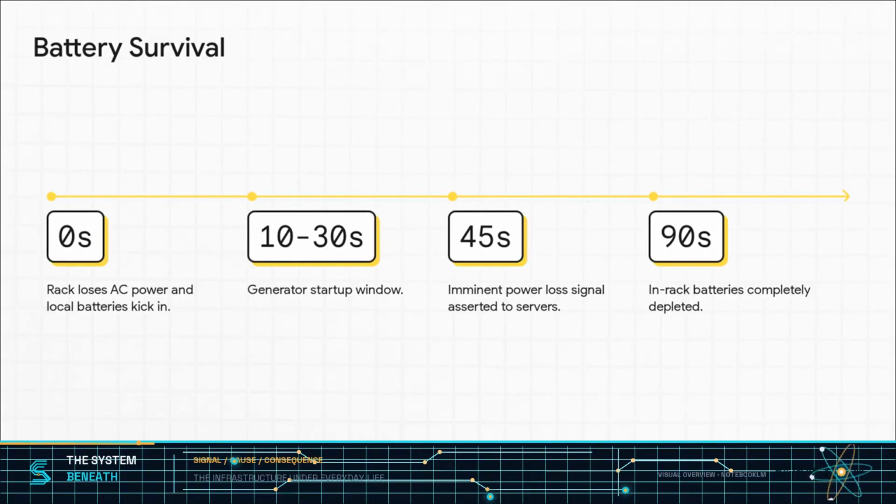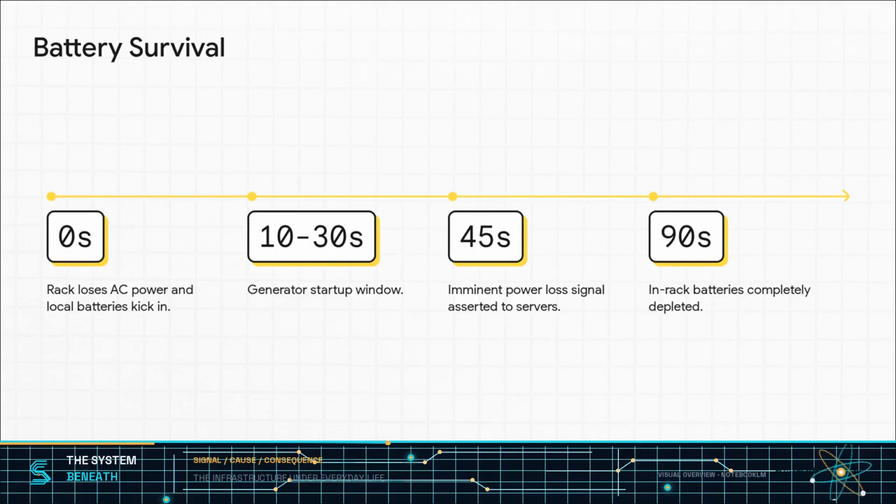Let's look at a really fascinating case study from Meta, a system they call the Power Loss Siren, or PLS. This timeline shows us exactly how long a single rack can hold on. At 0 seconds, the rack loses AC power, and those local batteries instantly kick in. The system waits through that 10 to 30 second generator startup window we talked about earlier. But if power isn't restored by the 45-second mark, the power supplies assert a hard signal: imminent power loss. Why? Because by 90 seconds, those in-rack batteries are going to be completely depleted, and the physical